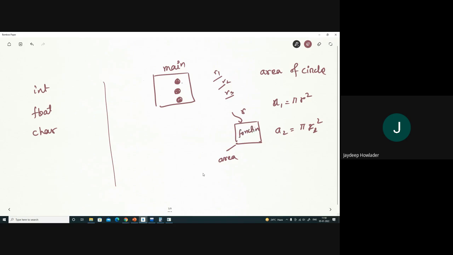And this function takes argument r and it returns the area. Okay. So now the scenario is something like this. This is main. So main calls a function, it writes R1, it gets the result as area A1, and then it again supplies R2, it gets A2. Clear? Understand? Same example is the printf.